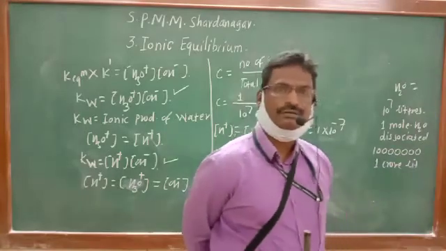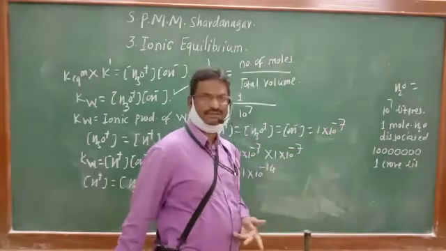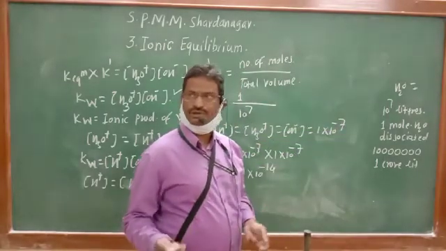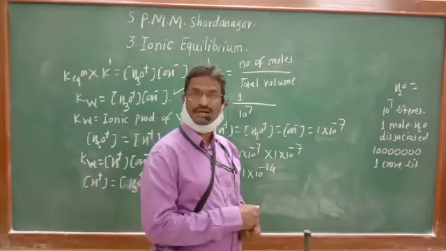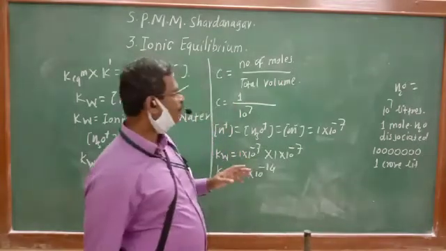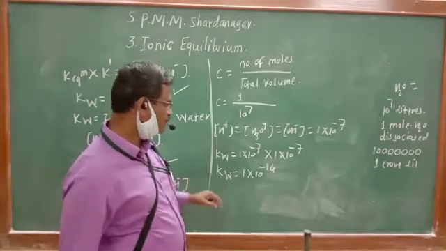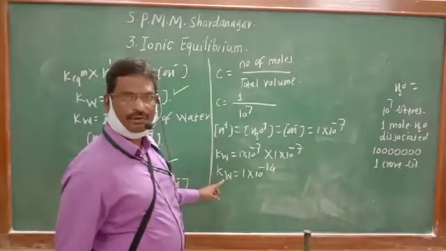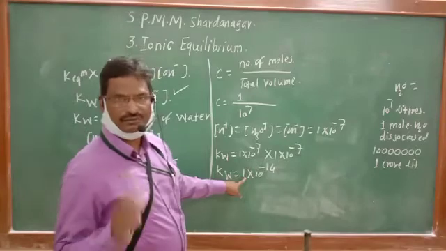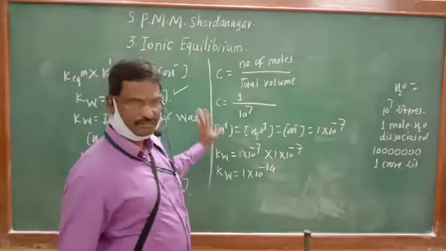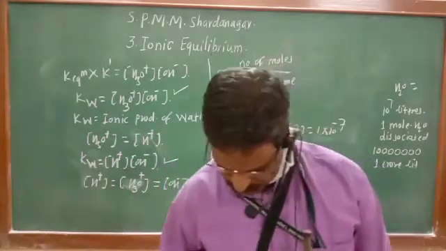Water undergoes a very small degree of dissociation, because just 1 mole out of 10 raised to 7 liters is undergoing dissociation. Therefore, water is a very weak electrolyte, and for that weak electrolyte we can calculate the ionic product of water. Kw will be equal to 1 into 10 raised to minus 14. This is about the ionic product of water, and this is useful for